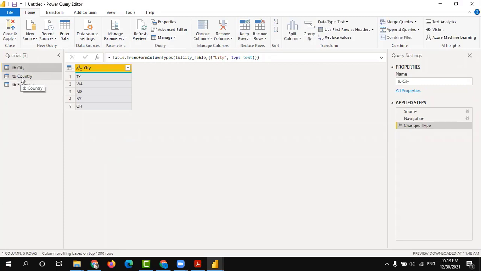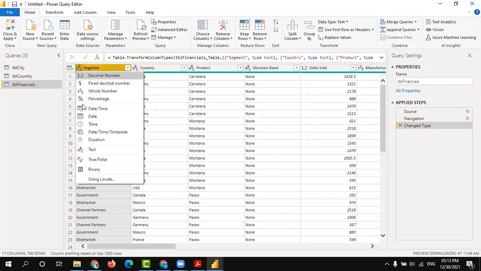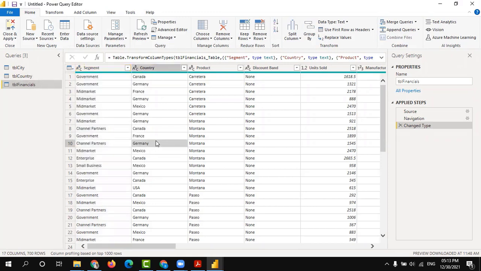So I have city, country, and financials. Before preparing the dashboard, as I suggested, the most recommended way is to check the data types. Here segment is a text field. ABC means text field. You can see here text. So what fields come under text?